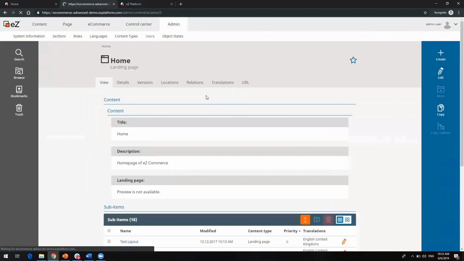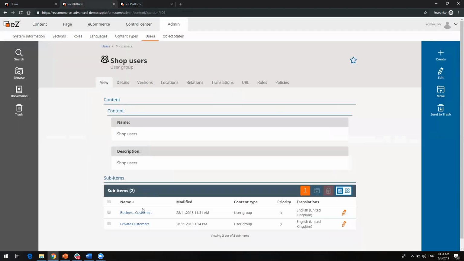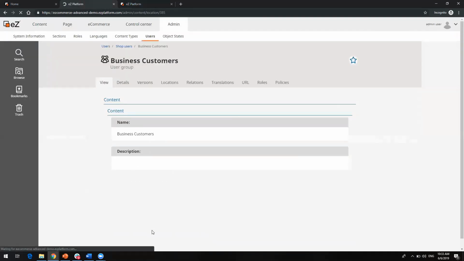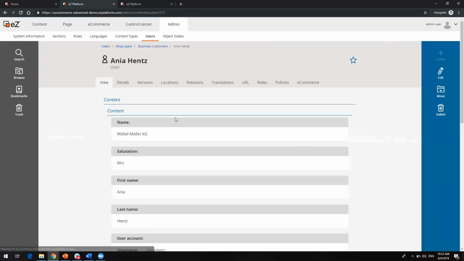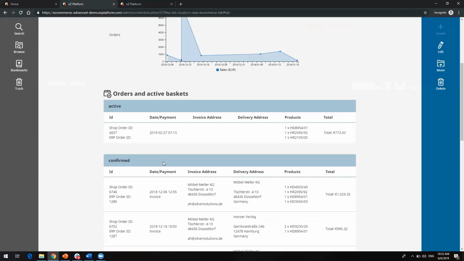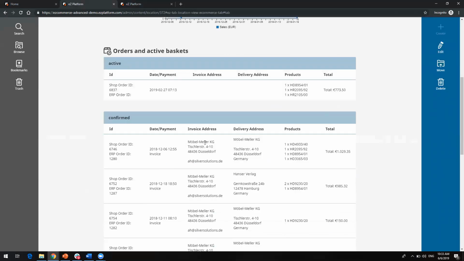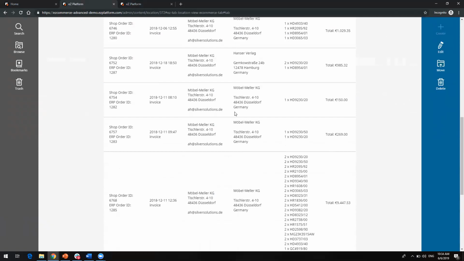I can go to users under admin, and you can see here these are all the shoppers in my shop. And if I select, for example, Anya, I can now see under e-commerce her order history and her active baskets and so on. So you can see here I have her confirmed orders, or I have her ones that are actively in the process and so on. So I'm really able to manage and review my shoppers'